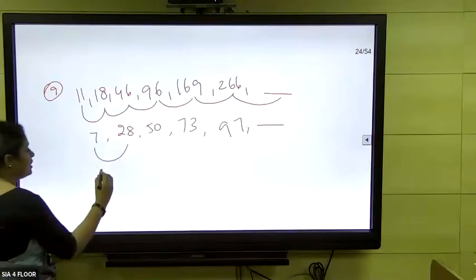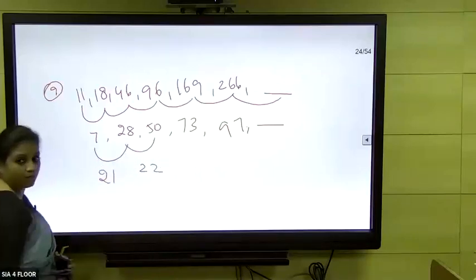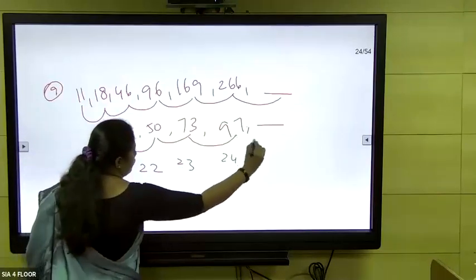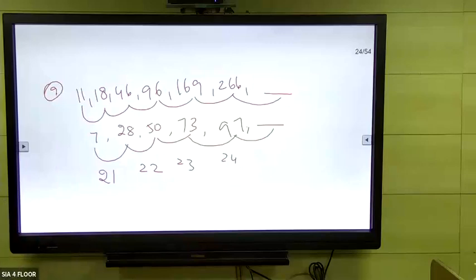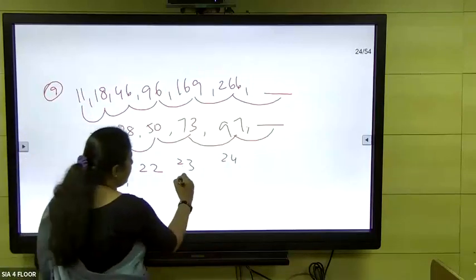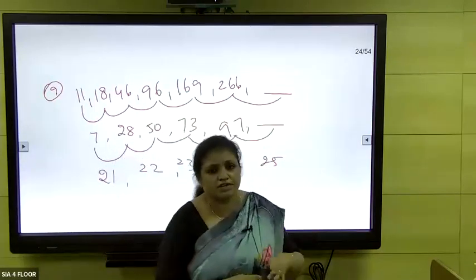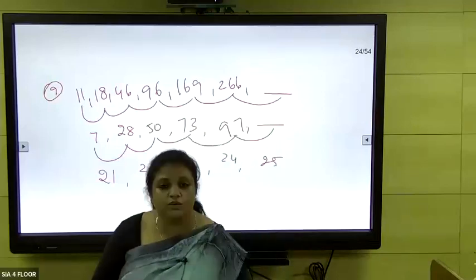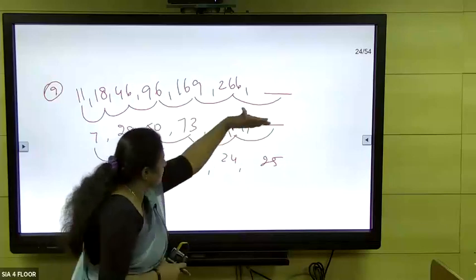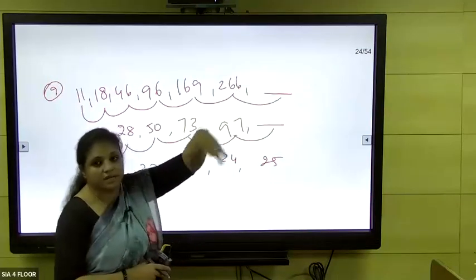So you're taking the difference here. It's 21. Here it's 22, here it's 23, and here it's 24. Okay, so now you got the correct logic. The next difference should be 25. What we are doing here is the same as in the previous problem, but doing it 2 times. So you have to identify this step now, and based on that number, you identify the one which is required as the answer.